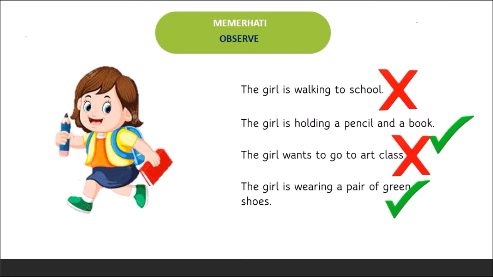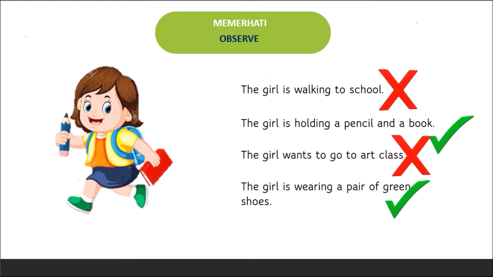Next, the girl wants to go to the art class. No, we cannot. This statement is just a prediction. We cannot take this as observation because we cannot see where the destination of this girl is. The girl is wearing a pair of green shoes. Yes, correct. We can see that. All right, now you know how to observe